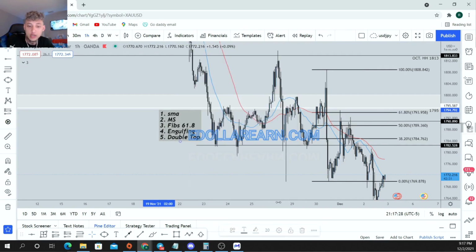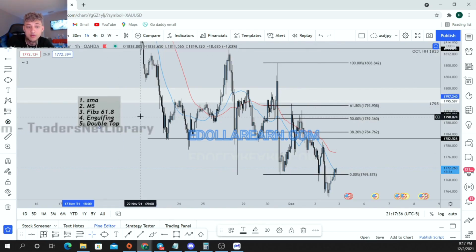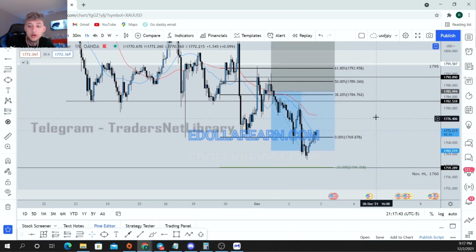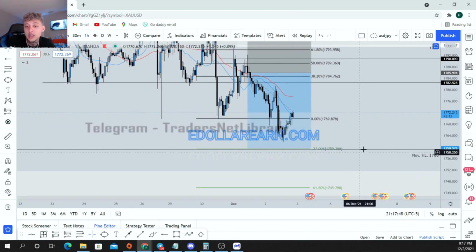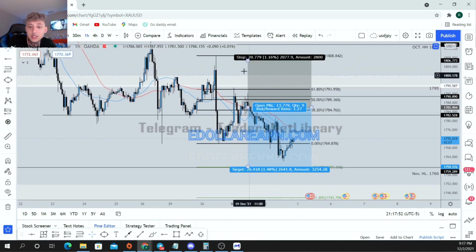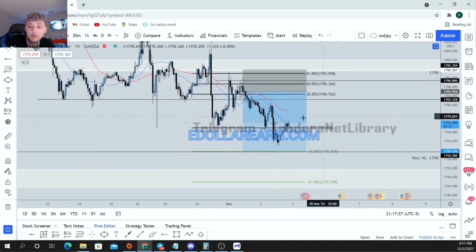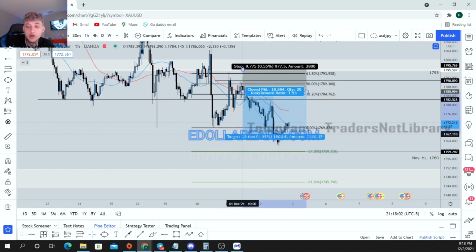So this is another trade that I took. Notice how I have 5 confirmations, and mainly on pretty much the same time frame, being the hour time frame, giving me this setup. Right now, when it came down to me setting up this trade, I took the actual sell right here, and my target is down here at this -27 extension level, which lines up very nicely with this higher low of November being 1760. Now, when it came to the stop loss, my stop loss was a little bit above this high here, giving me a 2.7 risk to reward ratio, but I actually already closed the position over here because